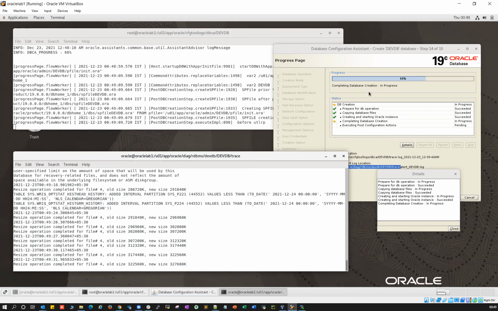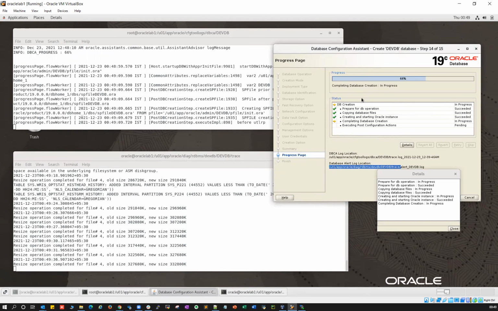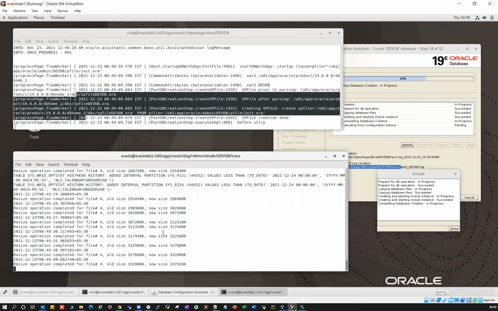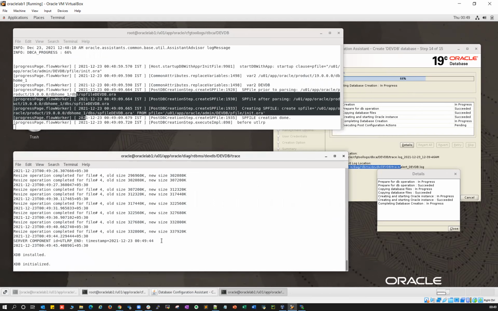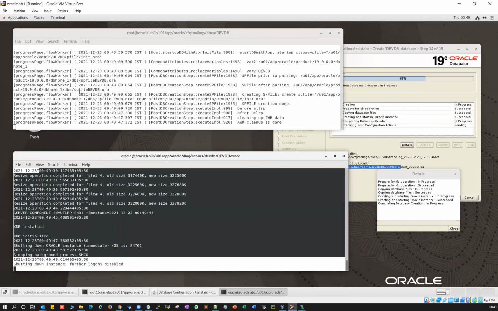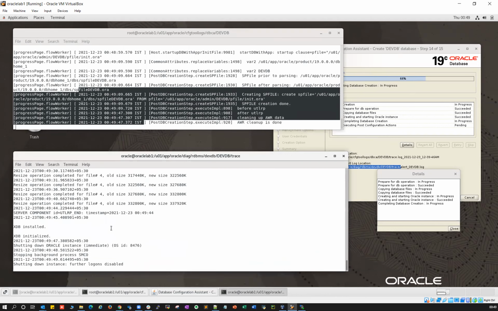So if you just monitor this installation GUI screen, you don't know whether it's progressing or not. The moment you tail your alert log and then installation log, that will give you the correct picture of what's happening, whether it's progressing or not. By looking at this log itself, you can tell that okay, it is in progress.